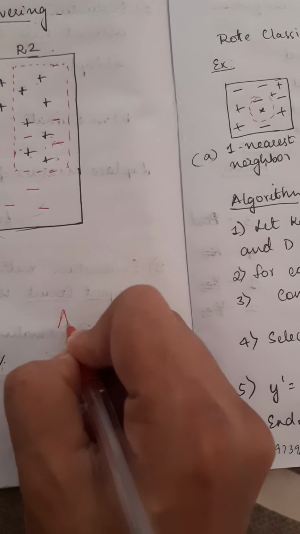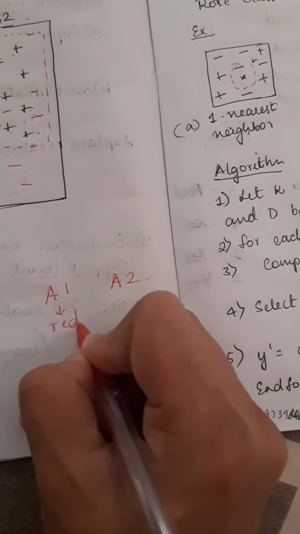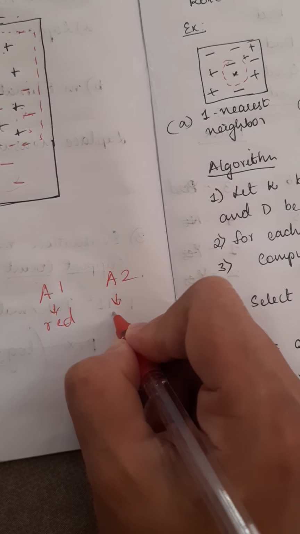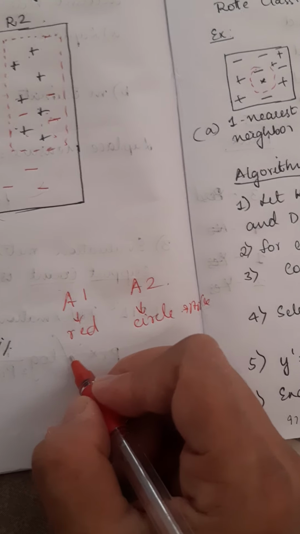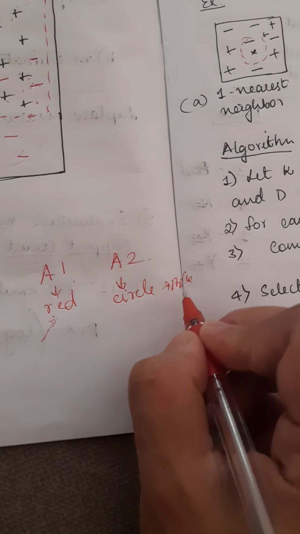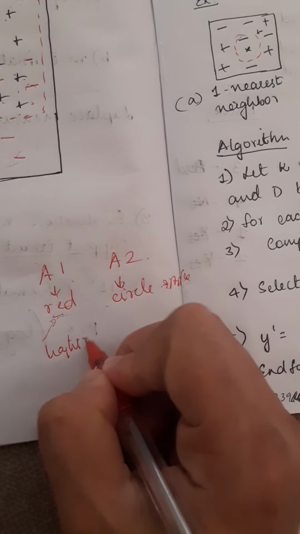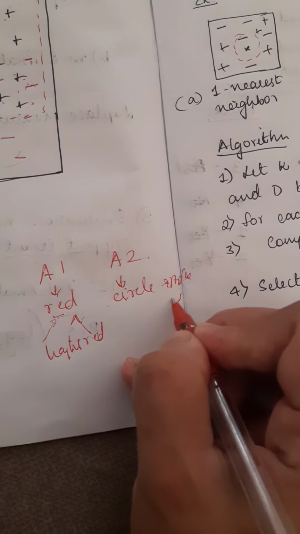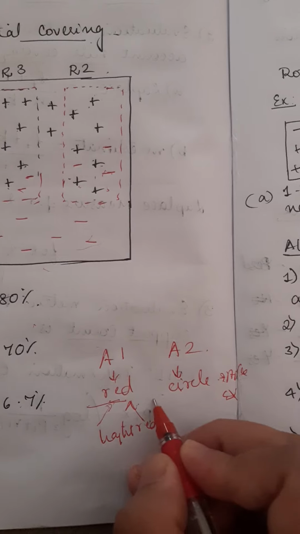For instance, I'll just tell you what a rote learner is. Assume I have attribute A1 and attribute A2. Here I say attribute A1 is red and attribute A2 is, say, circle. Then I have to classify it as apple. Now in the test instance, if I send A1 equal to light red and A2 equal to circle, it will check, it is red, but my test instance is light red. So it is not an exact match. Then it will not classify it as an apple. So that is what a rote learner does. Only if it finds an exact match, it will classify that particular instance.